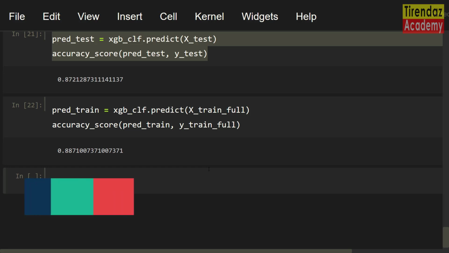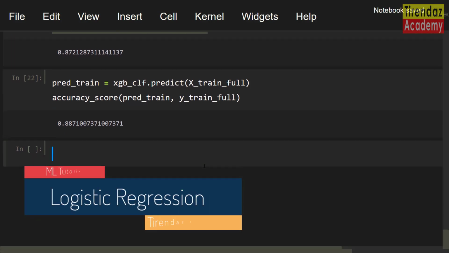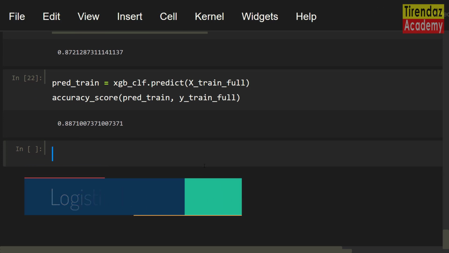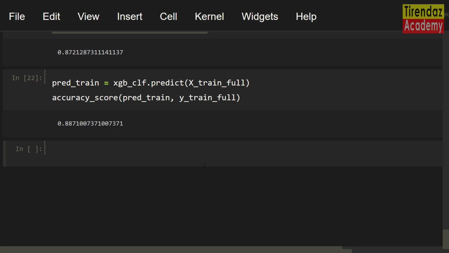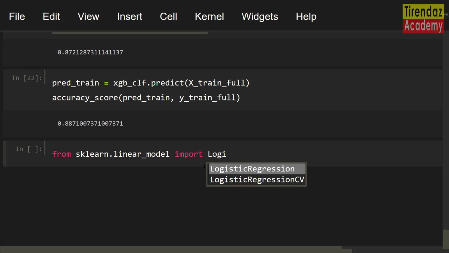Now, let's compare the XGBClassifier model with the logistic regression model. Logistic regression is one of the most used classification algorithms. To build a logistic regression model, I am going to use the scikit-learn library. First, let me import the LogisticRegression class from sklearn.linear_model import LogisticRegression.